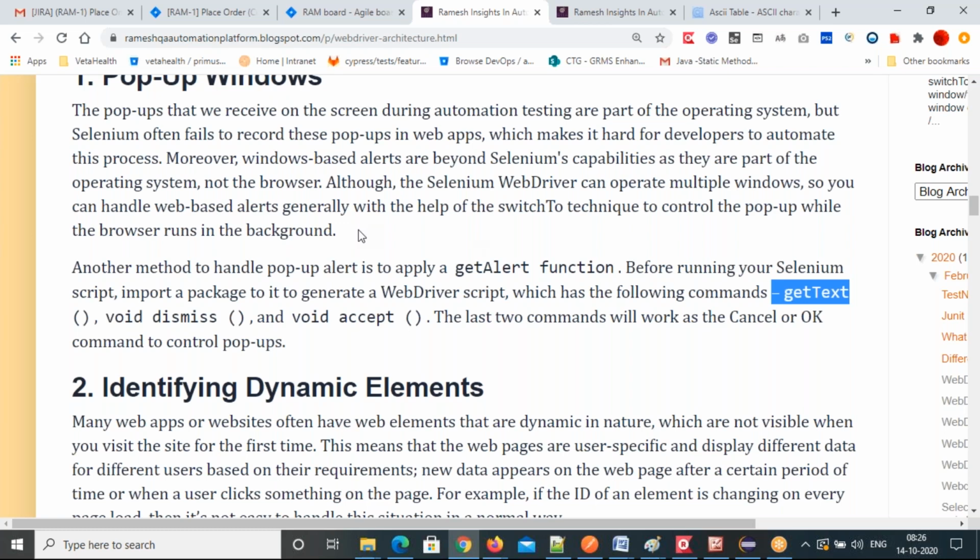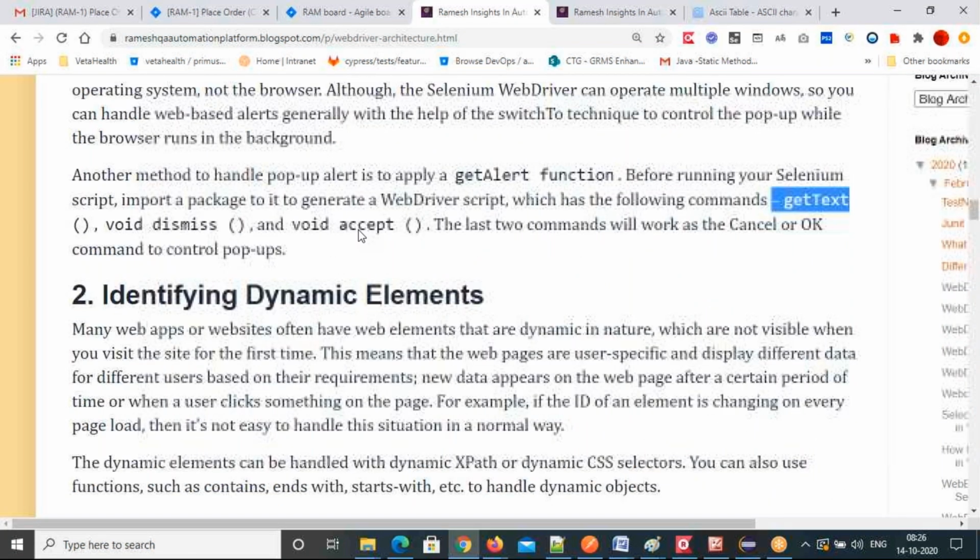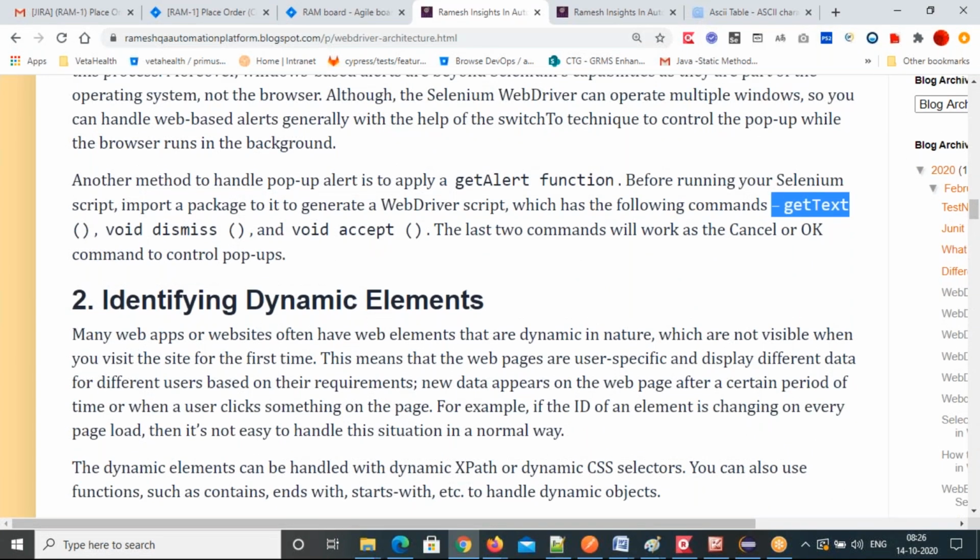window dialogues. And the second challenging task is identifying dynamic elements. For example, in the web pages, there are elements which have dynamic values, dynamic attributes for a particular element. Then how to handle them? To handle them, we're going to use different concepts of XPath and CSS techniques to identify them.